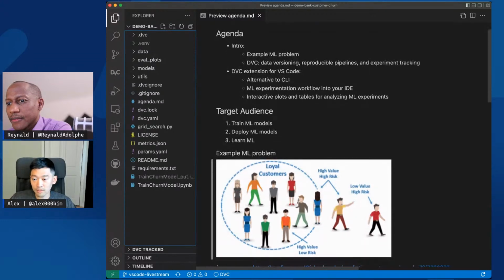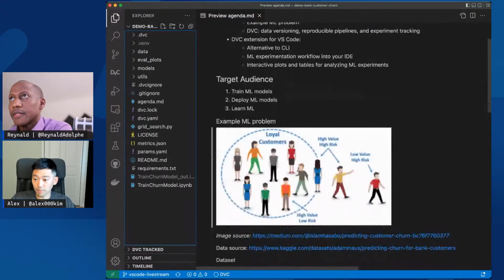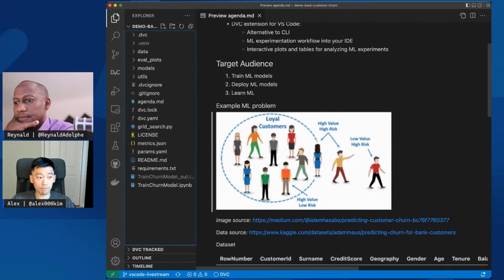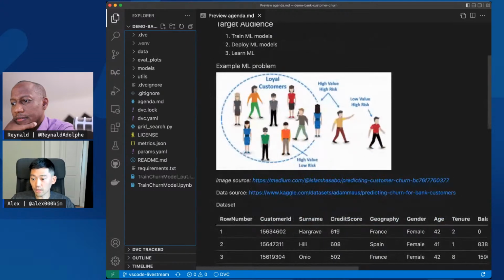So I have this toy machine learning problem that we'll solve today very quickly, without going into minute details. And this problem is about predicting customer churn, which many businesses are familiar with. They have some existing customers, and different customers have different likelihoods of actually leaving them for their competitor. If you can predict that, you can potentially save businesses a lot of money, because oftentimes it's much cheaper to retain an existing customer compared to attracting new ones.